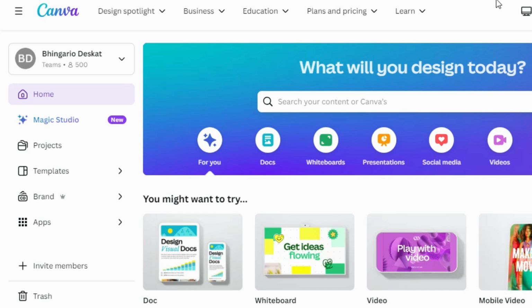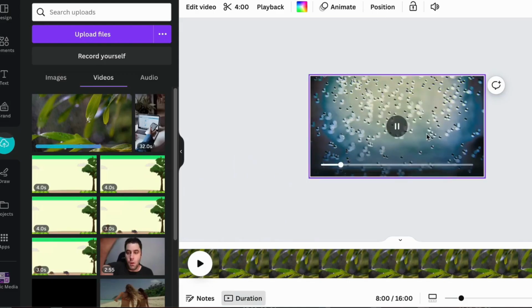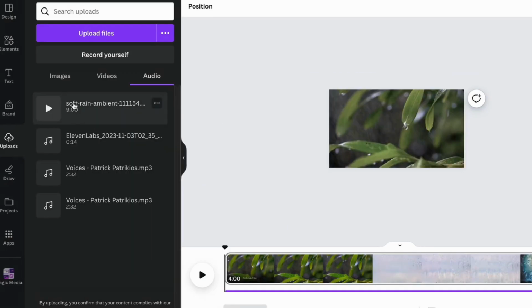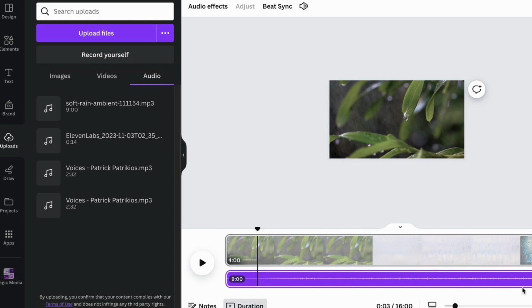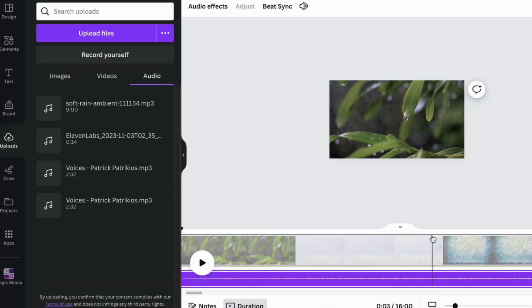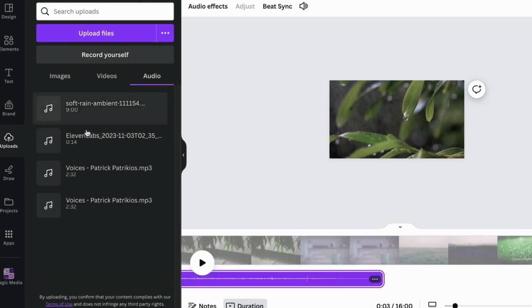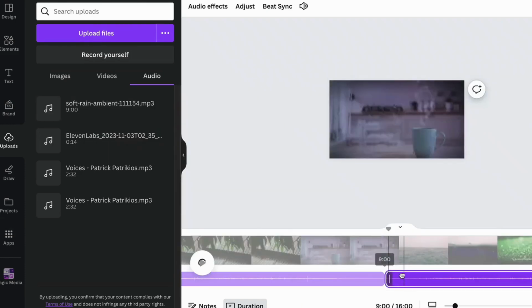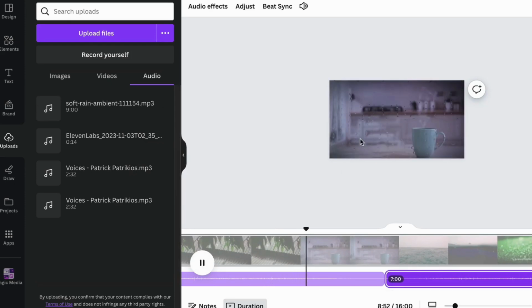3. Free online video editing with Canva. Free online video editors like Canva allow you to edit your video further. You can import the downloaded rain sounds and combine them with the AI-generated visuals. 4. Optimizing video length. Popular white noise channels often feature lengthy videos. You can extend your video by duplicating the existing footage to reach a desired duration, like 1 hour.